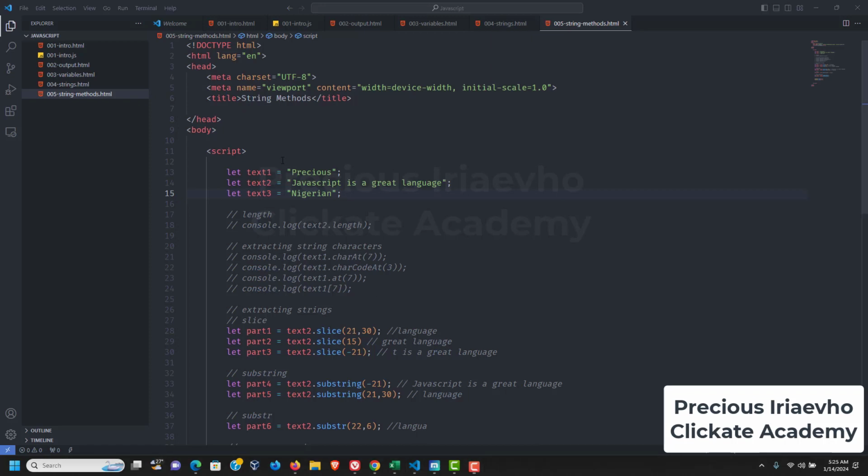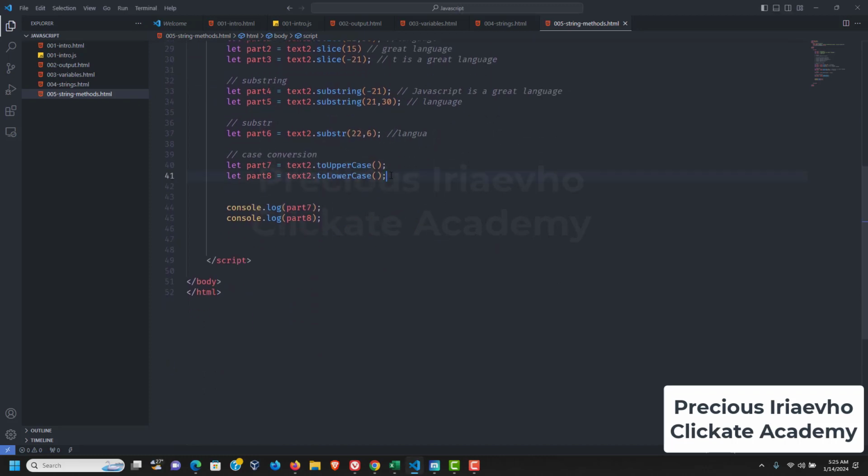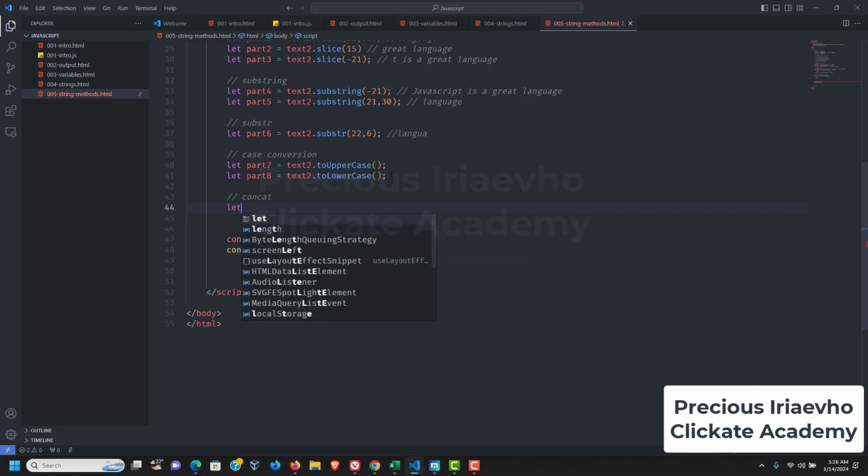Now, so concat. How does concat work? Simple. It works the same way like what we did when we were adding strings. Okay? So let's do it first. Let's do the first one. The first one will be, I would say, part 9. So let part 9, I want to show you something first, is equal to,